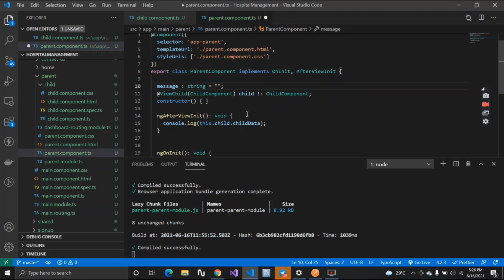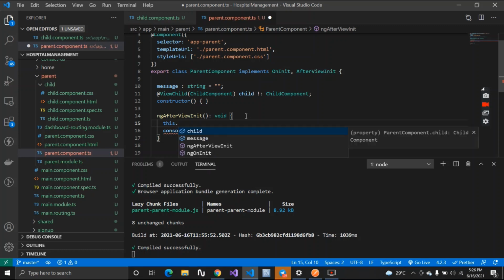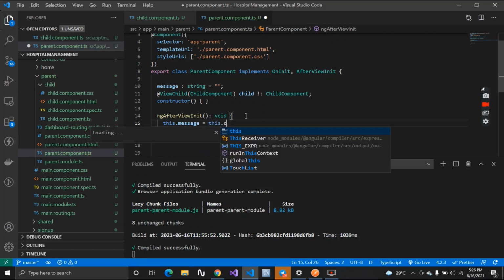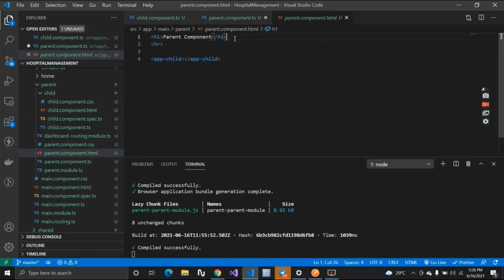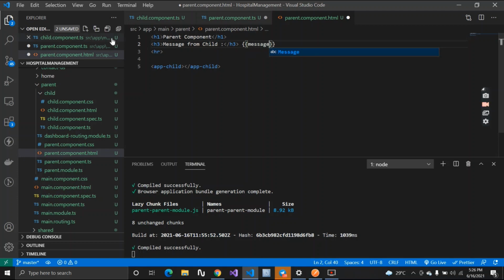I will pass this data inside message, this.child.data. Then I will interpolate it in the HTML. In the HTML I have an HTML tag, 'Message from child', with a colon, and let's interpolate the message, save and check.